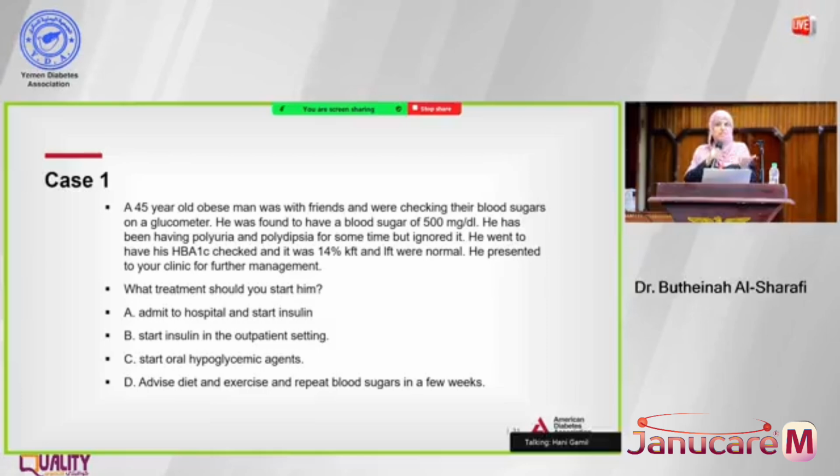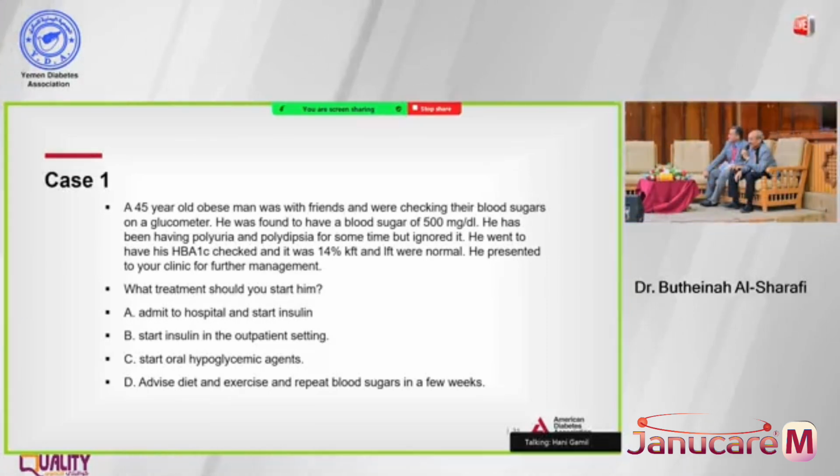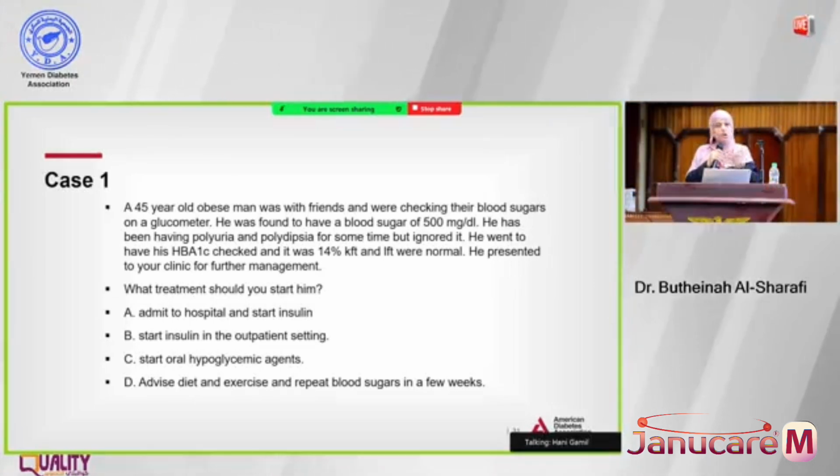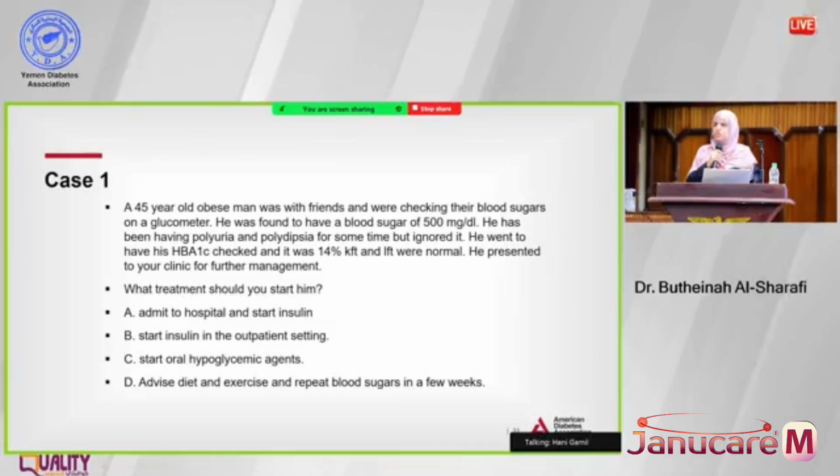The patient is very stable, although his blood sugars are high and the HbA1c is high. He pretty much was asymptomatic until they checked his blood sugar. So starting oral agents is okay, and see what happens. Follow him up, see what happens to his blood sugars, and so on. So he doesn't need admission to the hospital, because I often see patients coming, they said, oh, my blood sugar was 500, and I was admitted to the hospital. And they said they were in good condition. So there's no need.